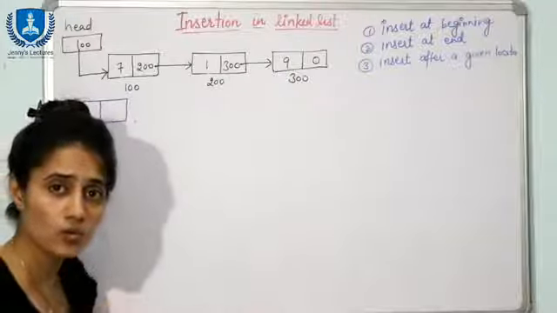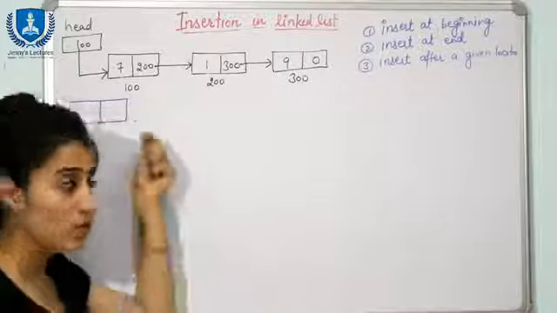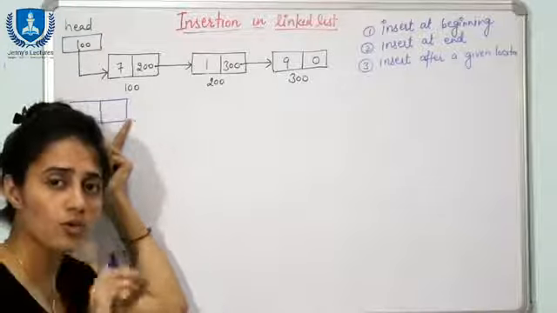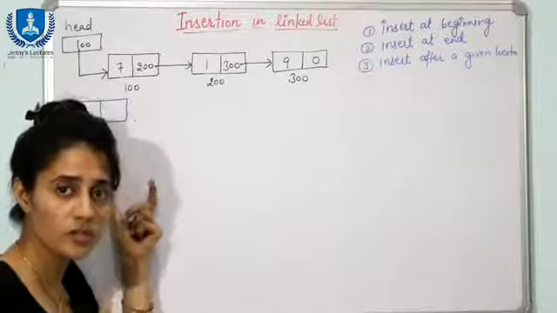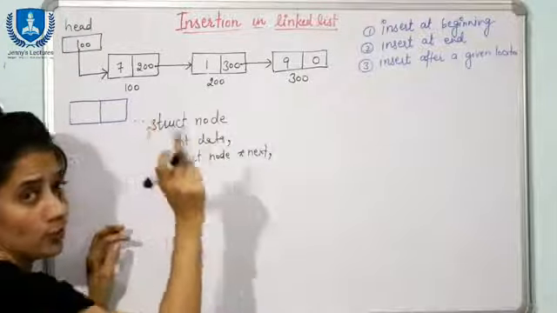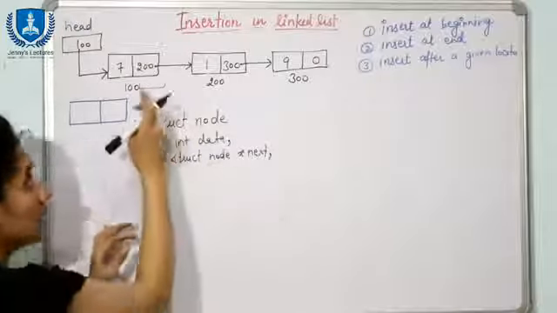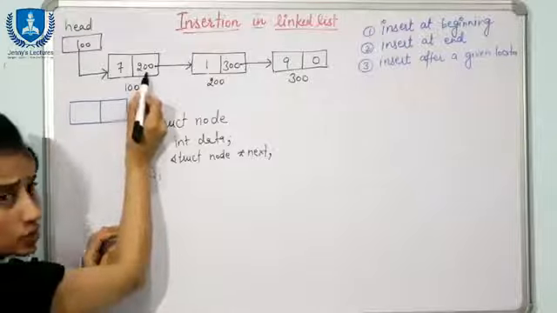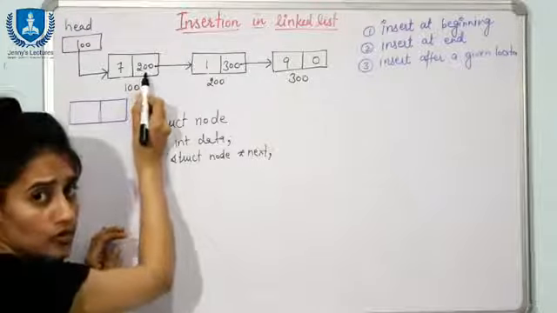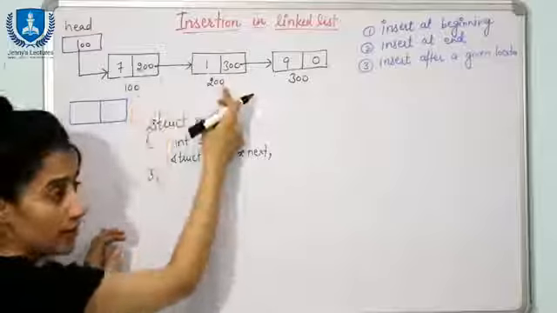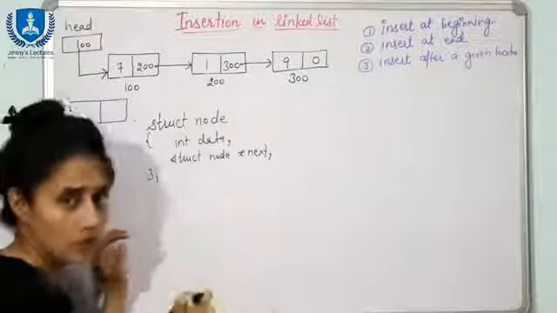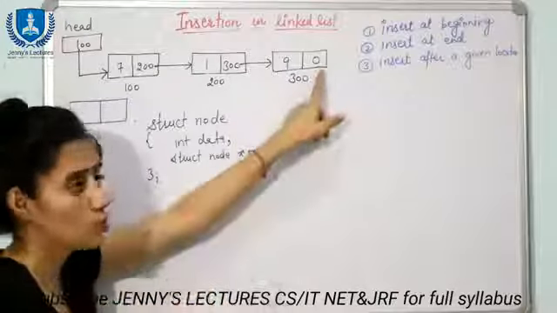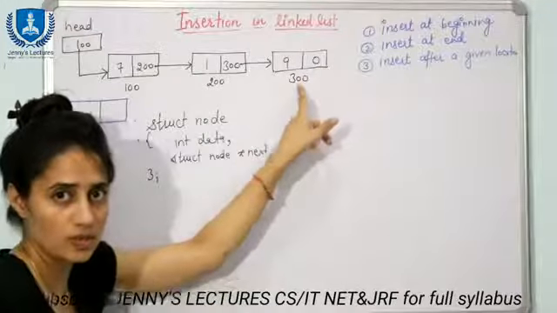How to create this node we have already discussed. Fine. When you are going to create a new node, then obviously you are going to use what? Dynamic memory allocation, and we are going to use malloc function, because here we are discussing in C language. I hope you are aware about the fundamentals of linked list. In linked list, this is node, this is data part, and this is address part. Address means it is going to store address of next node. Address is 100, 200 and 300 here. In the last node here we have 0, that is null. It means this node is not going to point anywhere. This is the last node in the linked list.